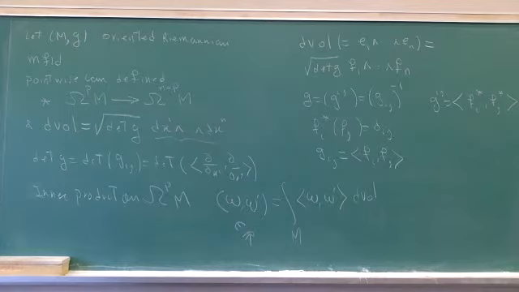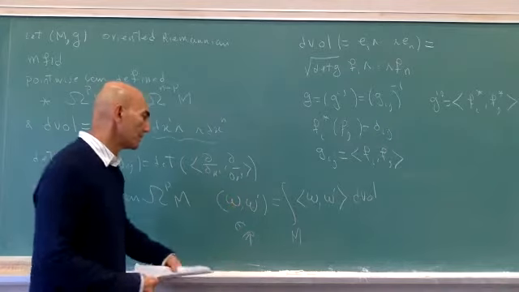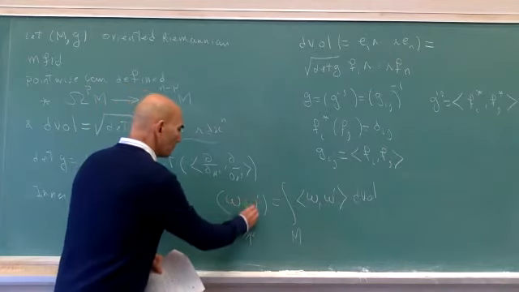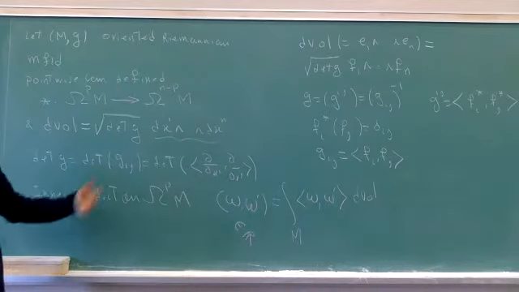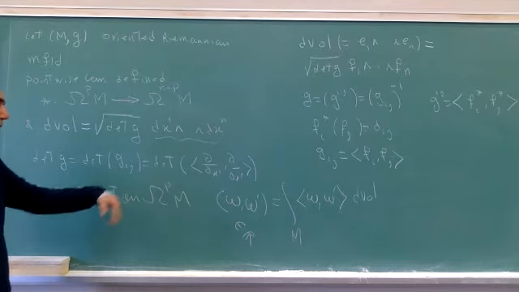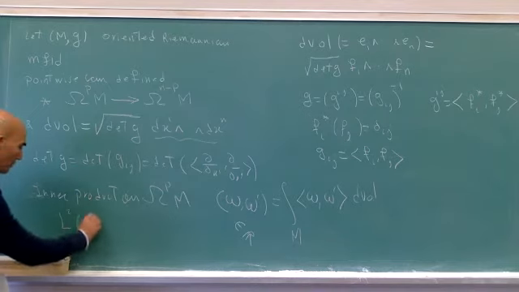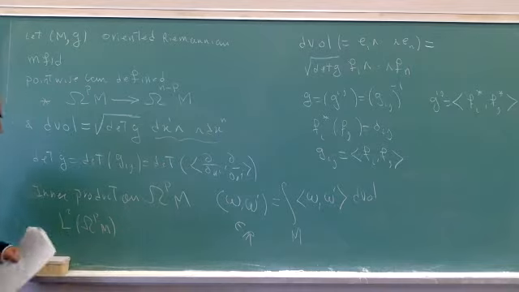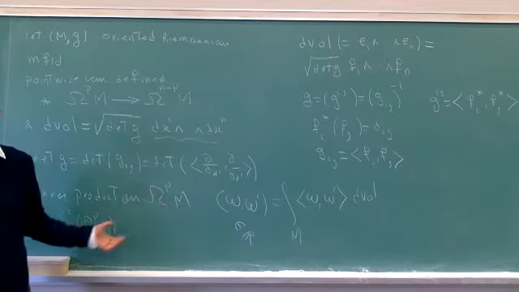So this is a pre-Hilbert space structure. If you work with complex forms, you can make it Hermitian, but this is a pre-Hilbert space structure. And you can complete it, of course, to get L2 of Omega^p(M) or something. This is not a very good notation, but anyhow, this is the L2 integrable p-forms, the completion of this pre-Hilbert space with respect to that.